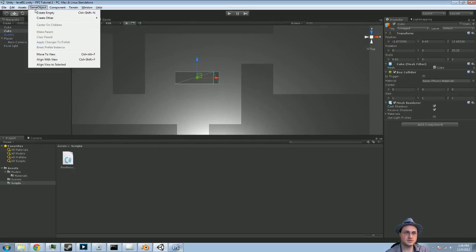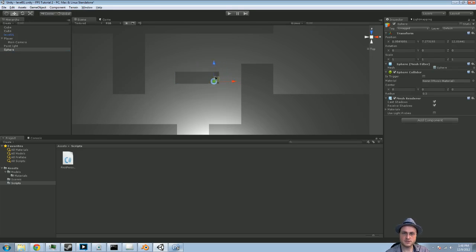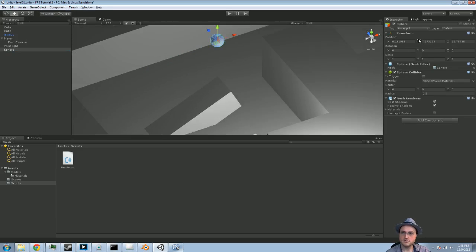Unity's physics system is, what am I looking for? Create other. Create a sphere. We're going to take it and set it on top of the ramp. Let's bring it down a little bit. Right around there. So if we hit play, this ball, which has a sphere